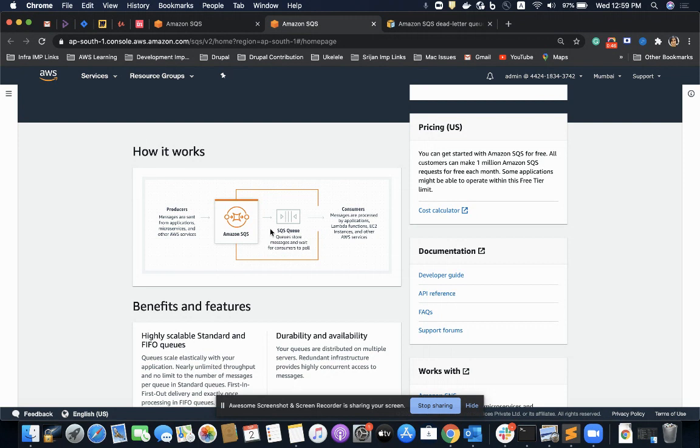So this process goes on, and we do not have any threshold on the maximum receives on the message. What are the disadvantages with this situation? The disadvantage is that the message stays in the queue for a long period of time, and we cannot debug why it is there in the queue for this period of time. So for debugging purposes, we should have a solution for knowing what is going wrong with that message.